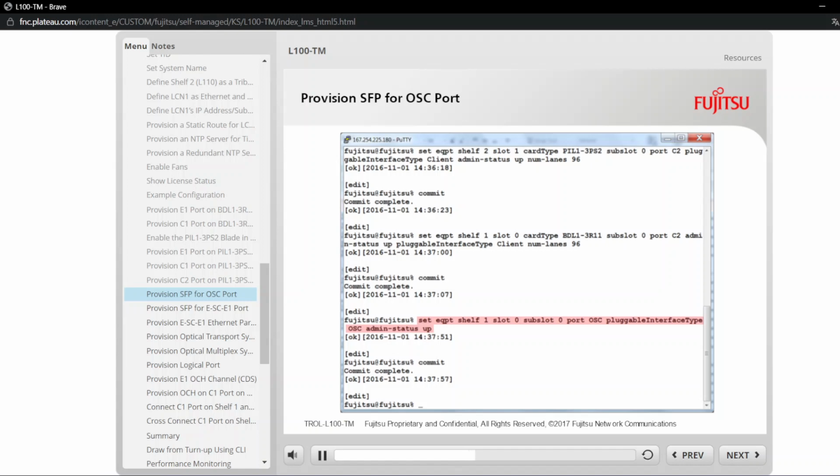Shelf 1 is a BDL1-3R11. Slot is always set to 0 on a BDL1-3R11. Since it is a single blade, all ports associated with it are on slot 0. Subslot must always be 0 when it is used in a command. Admin status up enables the port. After provisioning the SFP in the OSE port, use the command commit to copy the provisioning from the configuration database